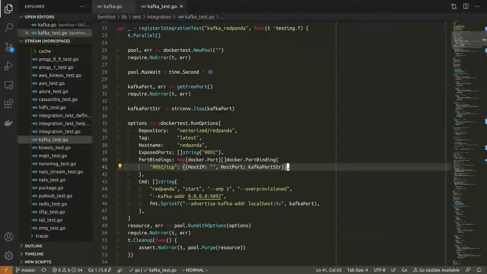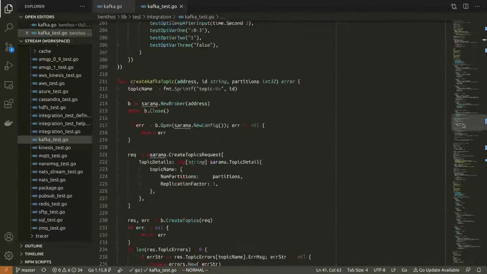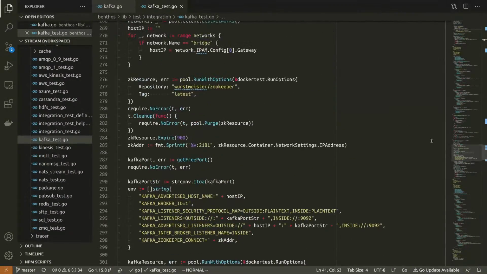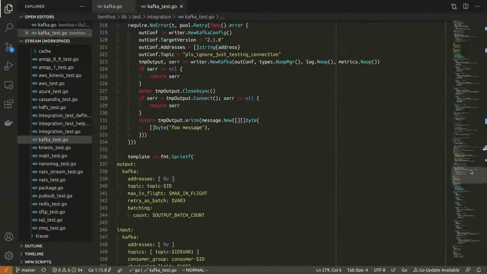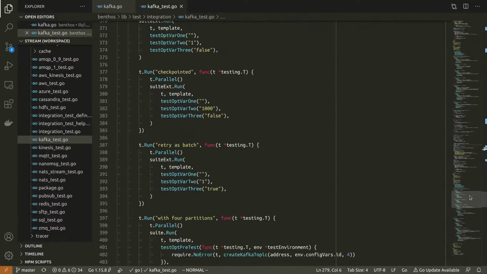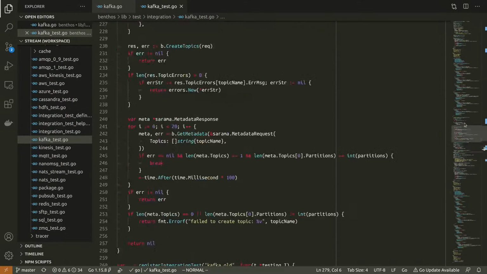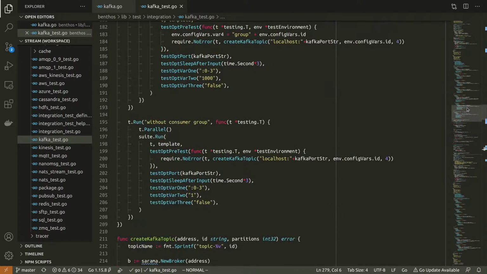The first one using Red Panda, the second one using actual Kafka in the Wurstmeister Docker image that they maintain. So it's running Kafka, just a single broker.